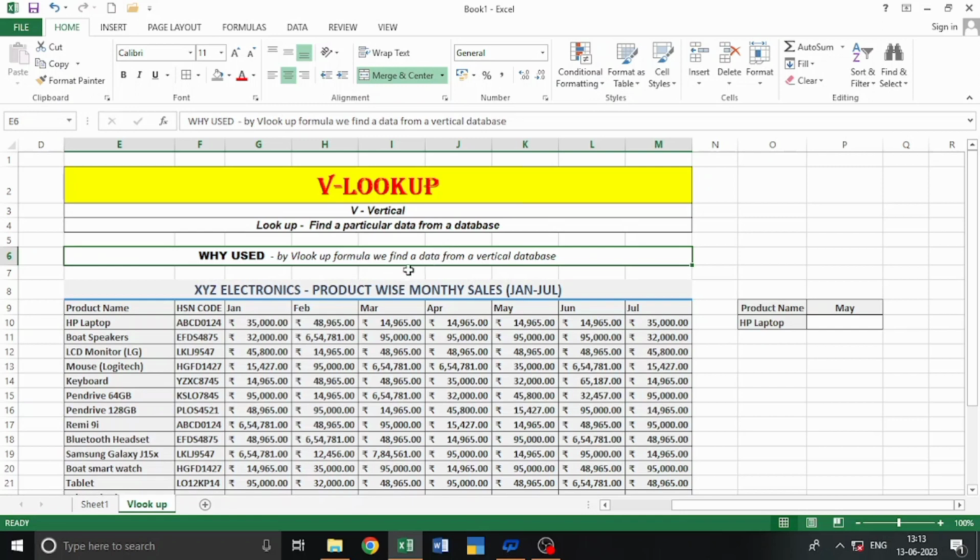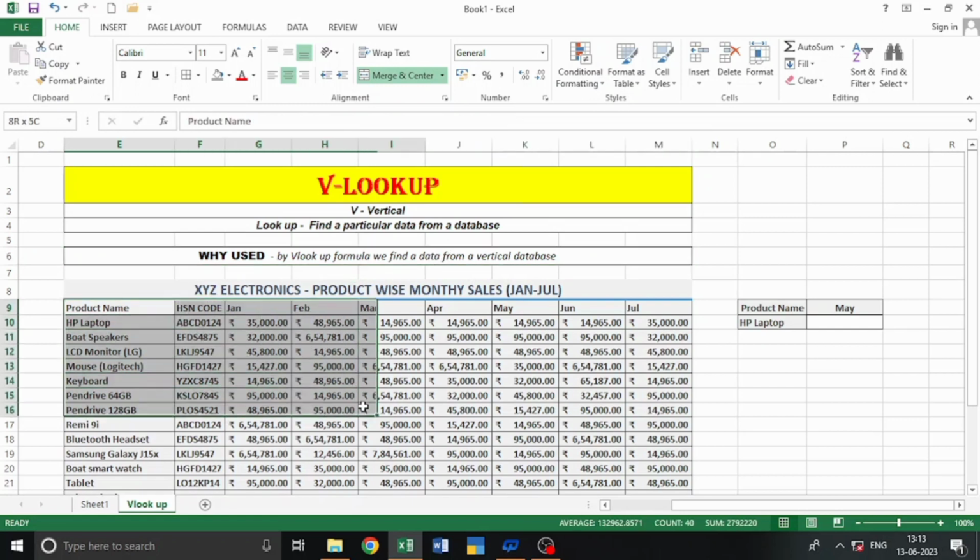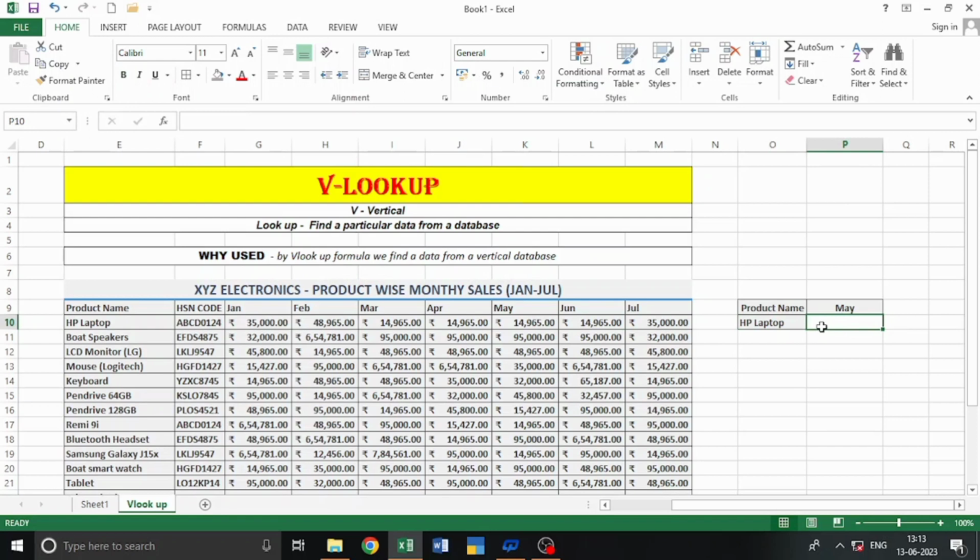A small database is given here. Suppose I want to find out May month's sales of a particular product here. So let's find it by using Vlookup. At first we have to put the formula here. The formula is equals to